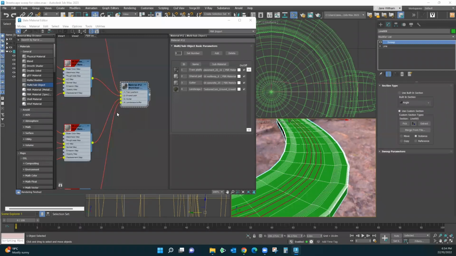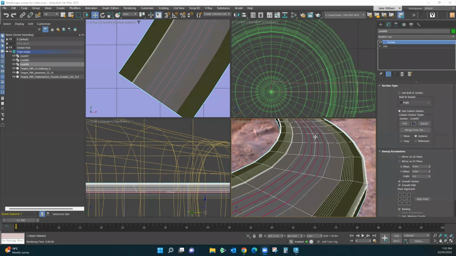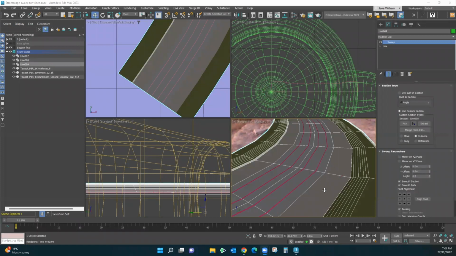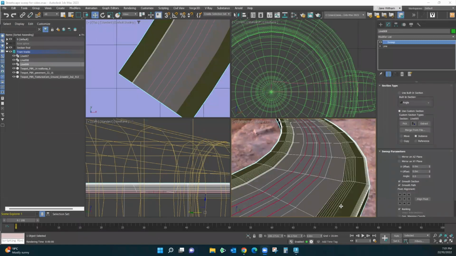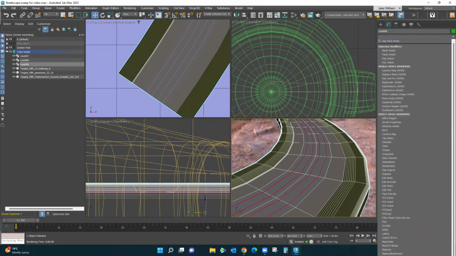So once we have added all four of our materials to this sub object, we just need to apply this to our streetscape. So you just click and drag it in there. Okay, so now we've applied our materials. The next thing we need to do is to make sure the materials are proportionate to the surface that we've done here. So there's a modifier you can use to do that. So if you jump into the modifier list and search for the